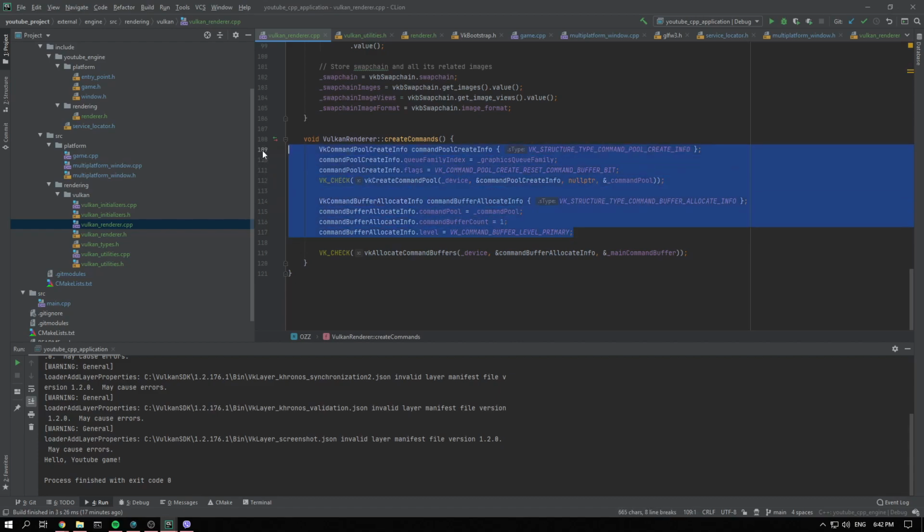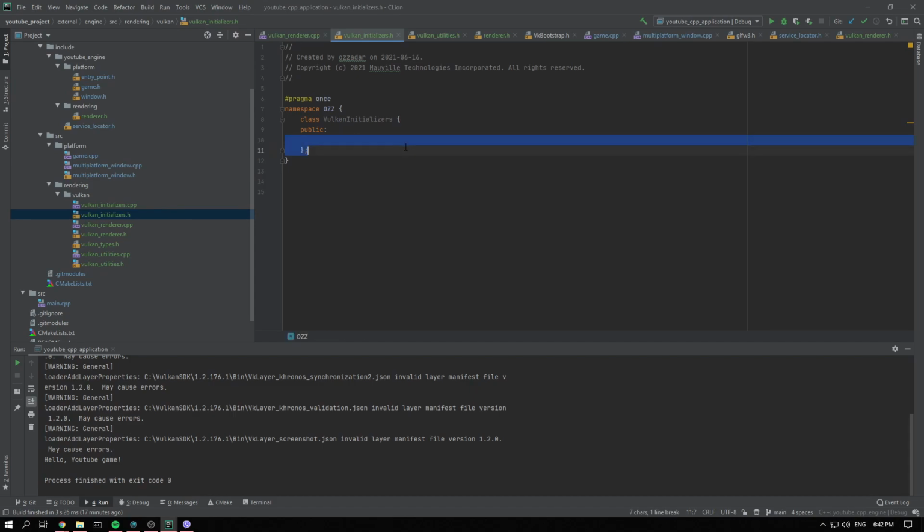This is actually going to be a common operation, which we're going to have to do more than one time, creating command buffers and creating command pools. So, for convenience's sake, we're going to abstract this out into an initializer function, which we have scaffolded a spot for in here. We will take this and create some functions. First we need to create our command pool create info. So static command pool create info,